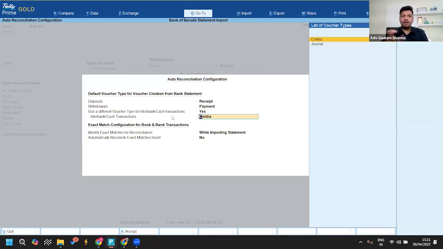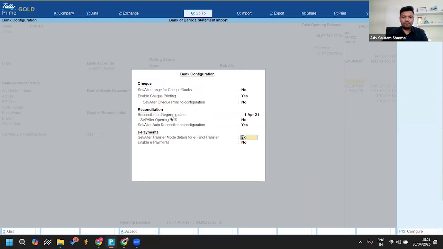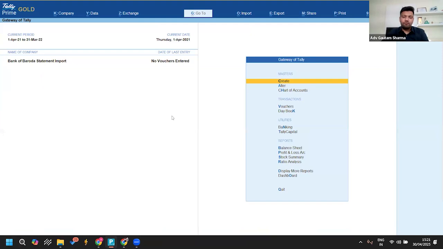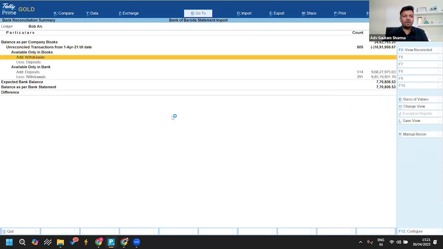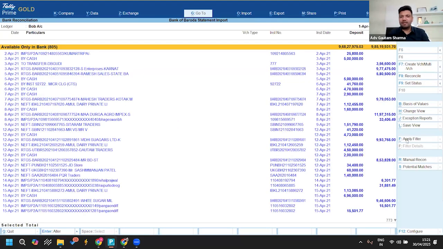And now here, for interbank transaction or for cash transaction, which voucher type do you want to select? If I want to select contra, I have to select contra. And for the remaining part, I don't have to do anything. I just have to press enter and save the ledger. Once we have configured the contra part inside the bank ledger, now if we go to banking and then banking activities, and after selecting the bank ledger on which we want to work, go to available in bank only, and now if we apply the filter for cash,